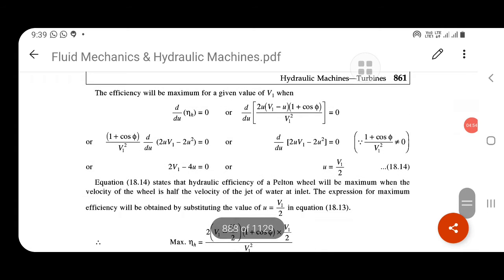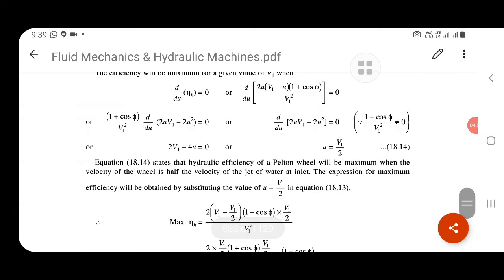So in that, for the hydraulic efficiency, the derivative of 2u(V1 minus u)(1 plus cos phi) upon V1 square is equal to 0. Whenever it shows 0,